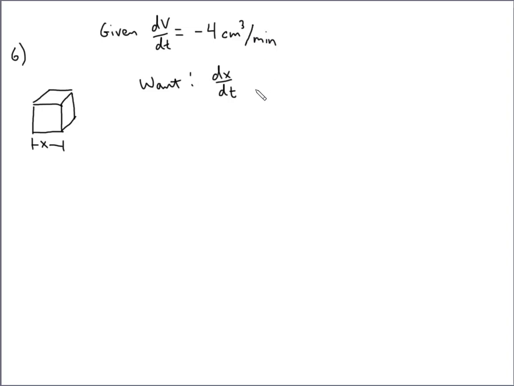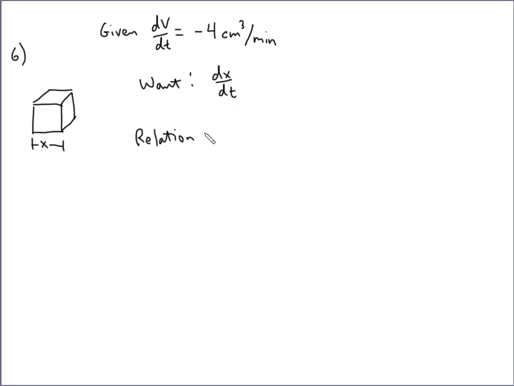Okay, and we're asked to find the rate at which one of the sides is changing. So I've labeled it x, even though it says it starts at 7, we know that it's going to be shrinking, so we'll just call the length of one of the sides x. Since it's a cube, all of the sides are the same length. So we're told the volume, we're told that it's melting, so the volume is changing. This is the rate at which the volume is changing, and we want dx/dt, the rate at which x is changing. So the relation between these two,